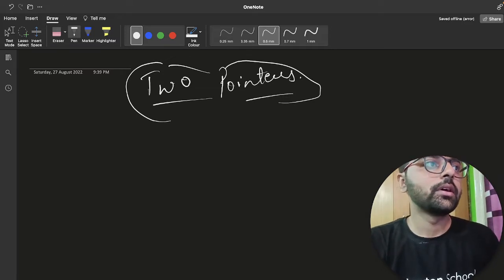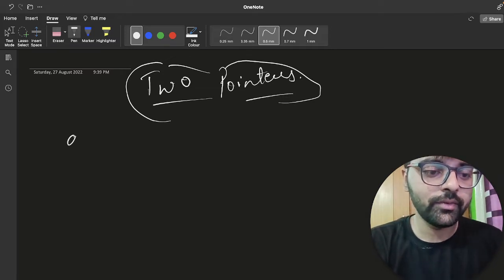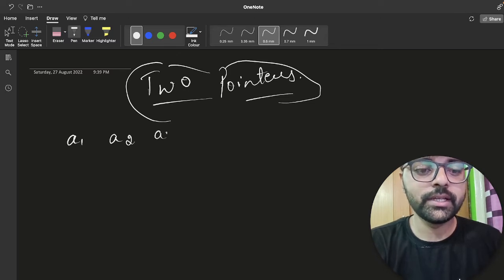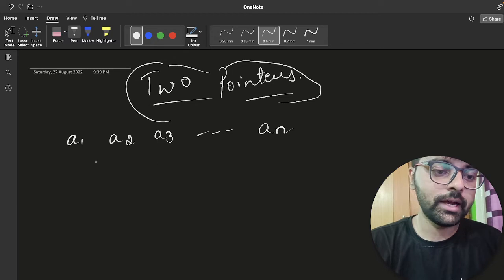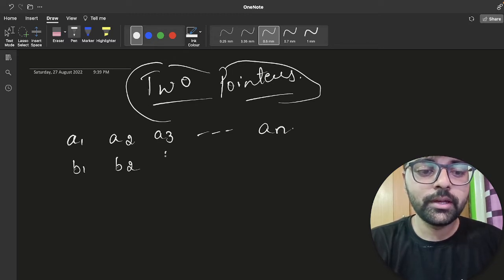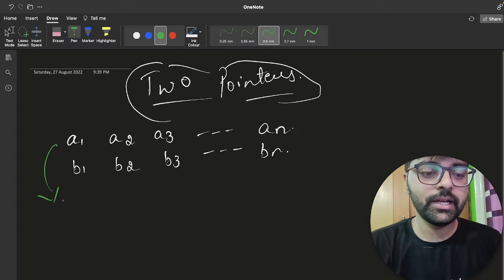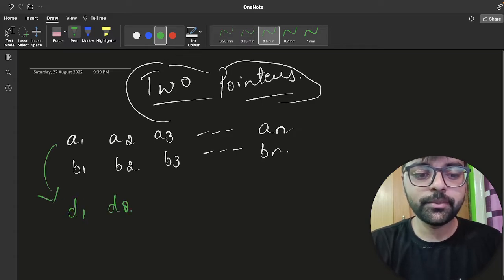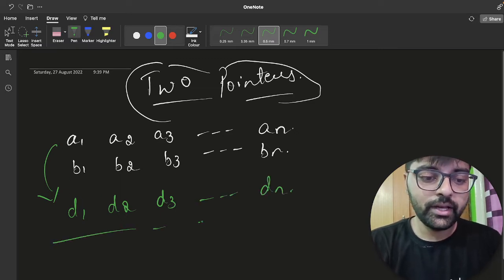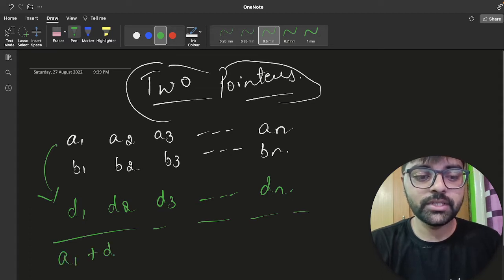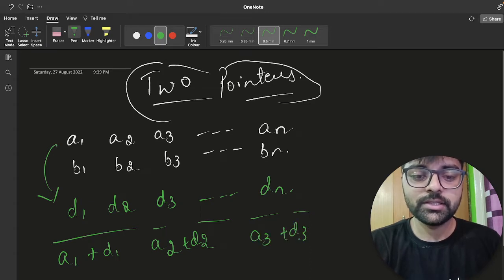So now what is given? We are given an n-size array a1, a2, a3 up to an, and another array b1, b2, b3 up to bn. What is the operation given? Initially we had array a and we took some array d1, d2, d3 up to dn, and we did the addition a1 plus d1, a2 plus d2, a3 plus d3, up to an plus dn.